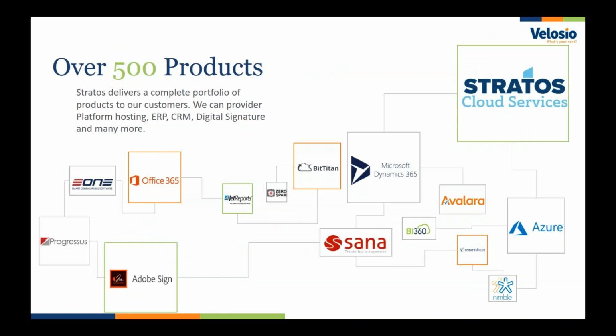So at Velosio, no matter if you're a corporate, education, government, or non-for-profit client, we can provide all of the solutions you need. With over 500 products in our portfolio, we can find a product that fits your organization, from solutions from global leaders like Microsoft and Adobe, all the way to custom products to help improve each organization's way of doing business. Our Stratos Cloud team is committed to working with different cloud providers and different cloud publishers to bring you the best industry leading and best-in-class solutions.